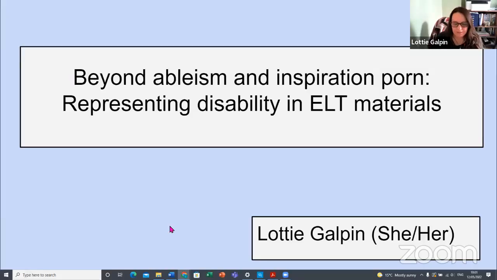What I want to look at as a key concept is that what we tend to do now is we create a non-disabled and ableist norm, and we pop in bits of representation of disability. And I think that's where a lot of the problem lies. And that's where we end up with these tokenistic representations. The other thing I want to look at is how we go about representing people, and how we often default to stereotypical representations, including things like inspiration porn. So those two terms, ableism and inspiration porn, I'll clear up as we go along.